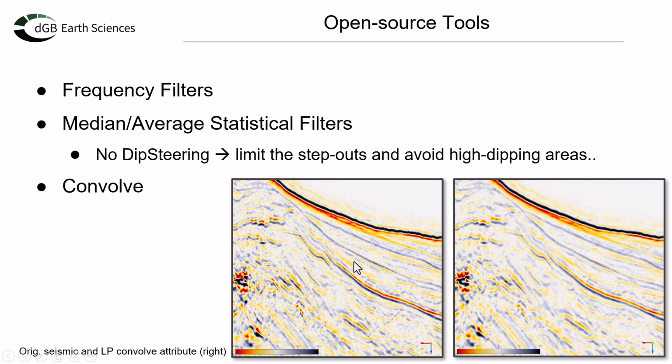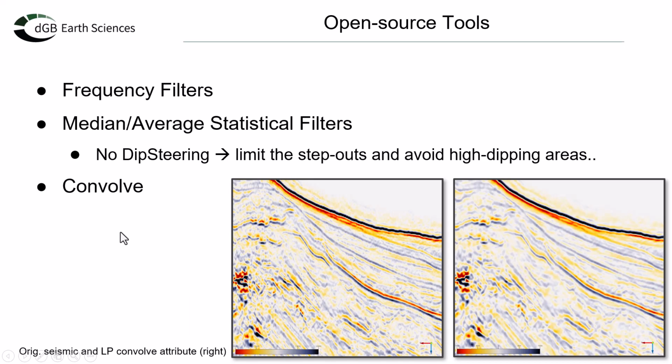Convolve is another powerful tool that is available in the open source version of Opendetect. Here in this example, I'm showing you perhaps a better approach to filtering high dip areas. Instead of using a median or average statistical filter along a z-slice, we can use the convolve attribute. Here I'm simply doing a low pass convolve attribute,